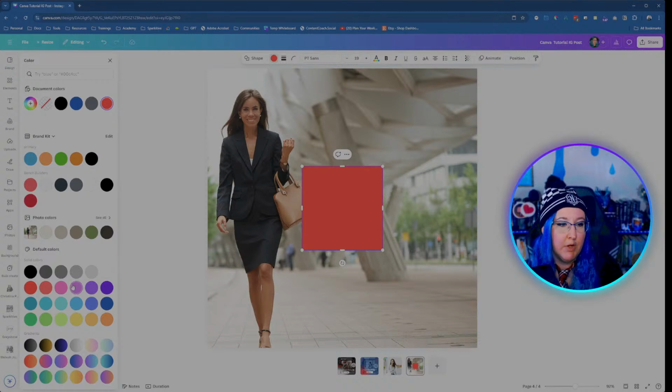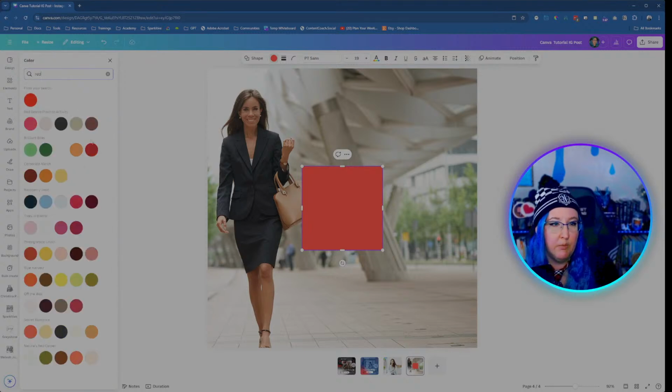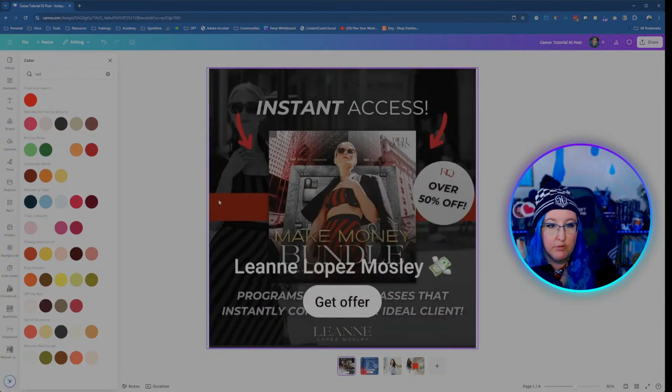Now, if you don't have a red already in your document, you can come down here to solid colors and pick one. Or you can just type in that you want a red, and we can find a red that we like, a dark red or a bright red. Now I'm choosing a bright red because we have two layers on top of this that are